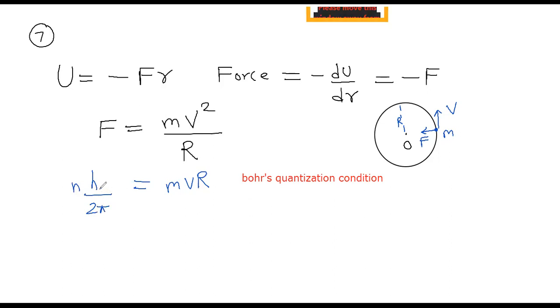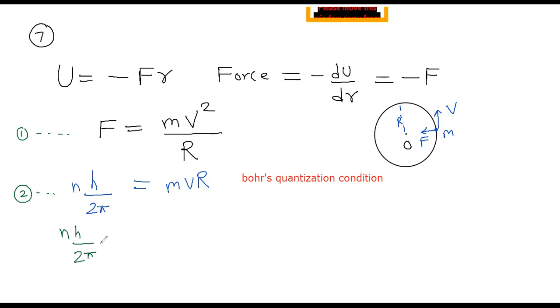Now n is any integer. So multiplying these two equations, if this is equation number 1, this is equation number 2, multiplying 1 by 2, you get